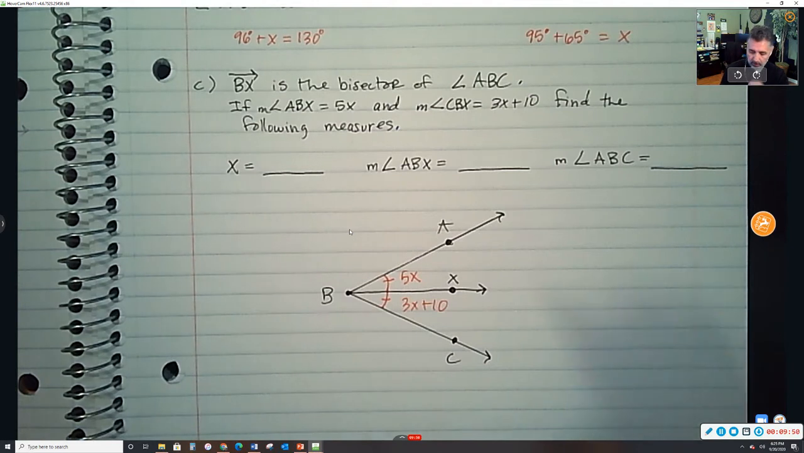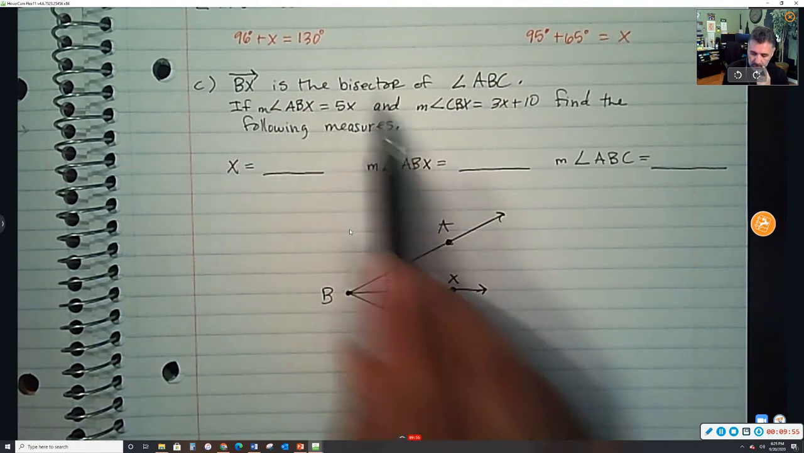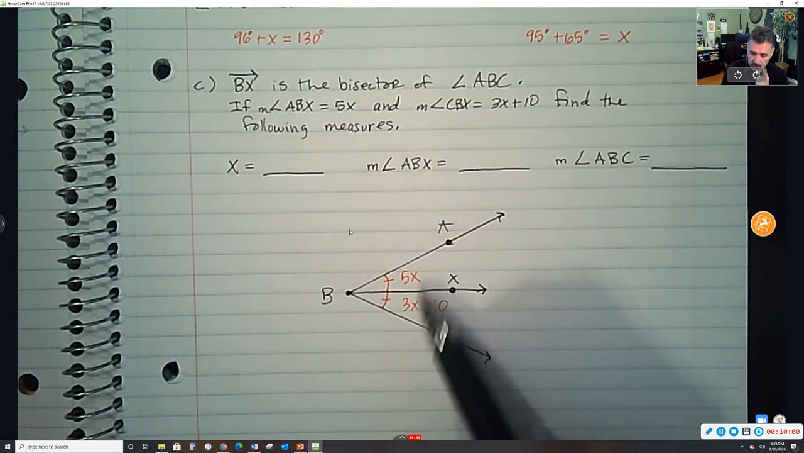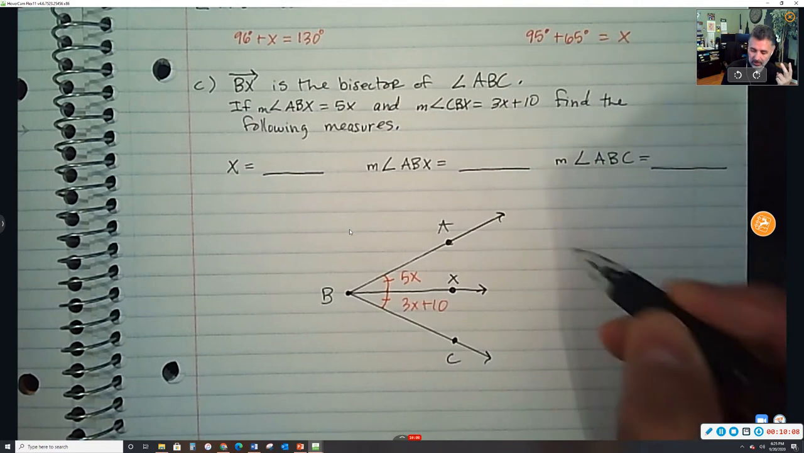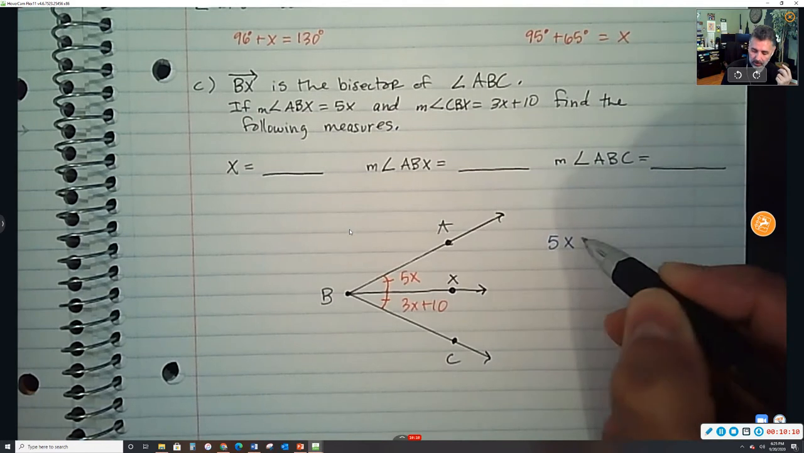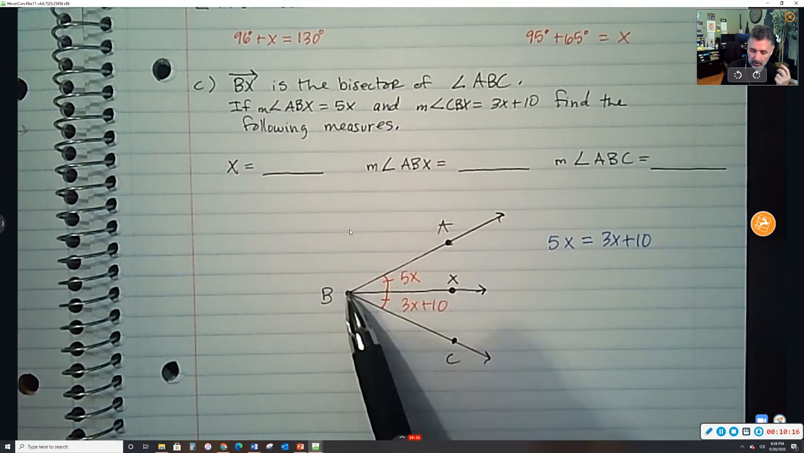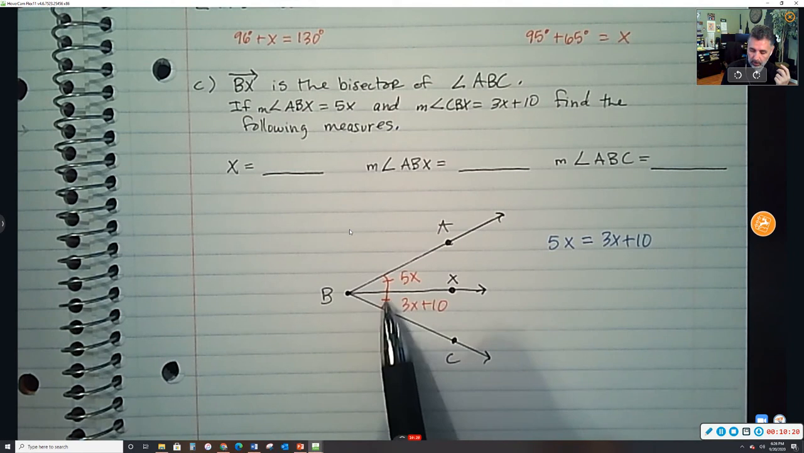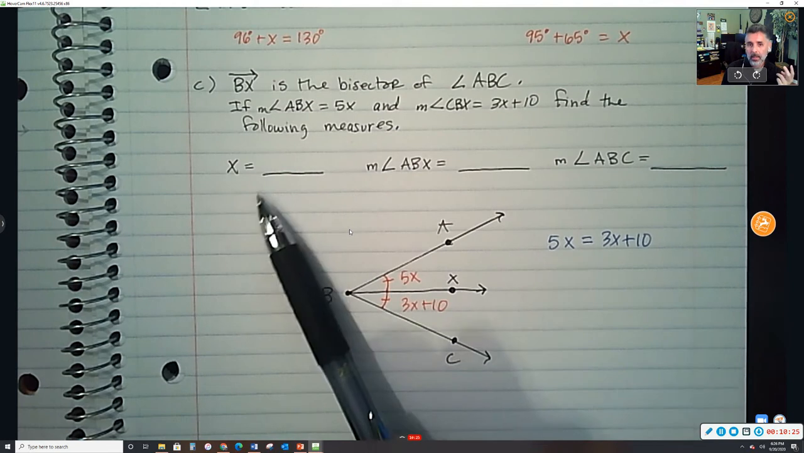Well, this is how we do that. Because BX is a bisector, that means it cuts this big angle into two equal angles. Now hear what I said. Two equal angles. So I know the one angle equals the other angle, right? I know ABX is equal to CBX. Plus I put the marks in there. So I write the equation, I can solve for x, that's going to be x,